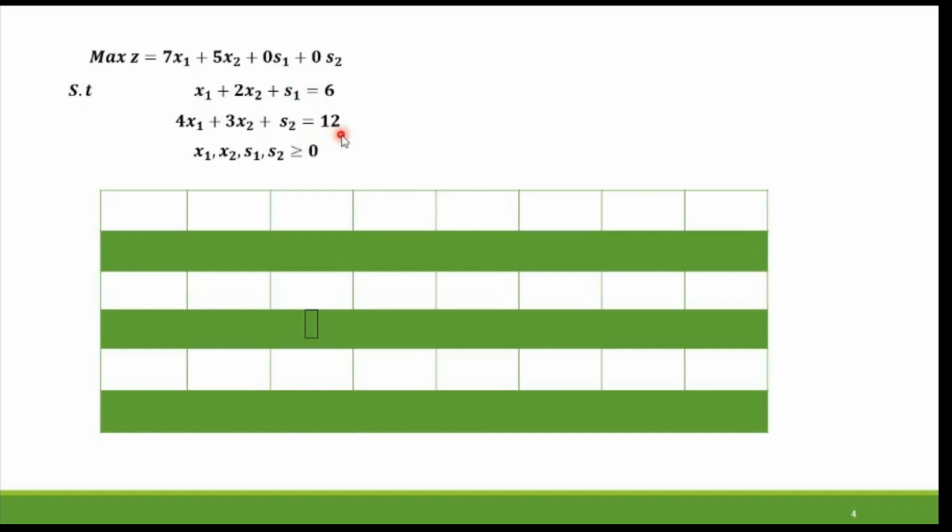Okay, once you add the slack variable, give the cost as 0 for S1 and 0 for S2 so that the Z function is not getting affected. When you add the S1, S2 variables over here, give the cost as 0, 0 in such a way that your Z, the profit function, is not getting affected by the addition of these slack variables. तो जितने भी स्लैक और सरप्लस वेरिएबल हम ऐड करेंगे या सब्ट्रैक्ट करेंगे, उसका कॉस्ट हमको ऑब्जेक्टिव फंक्शन में 0, 0 देना है. ठीक है,